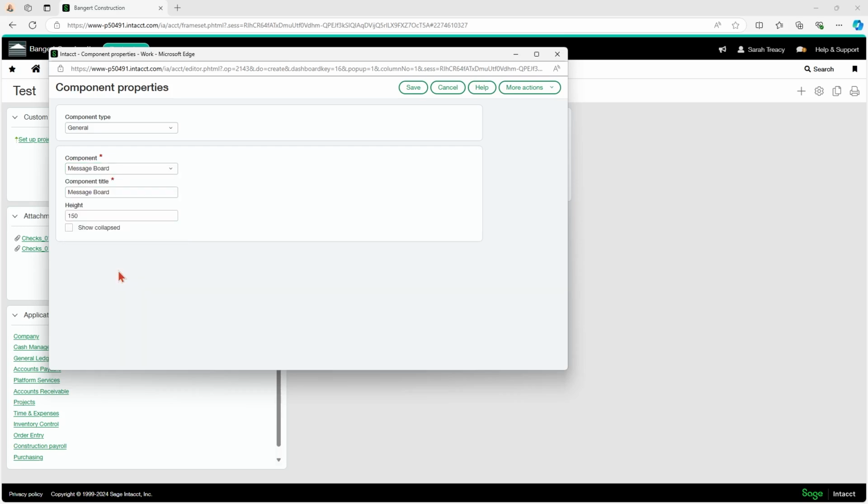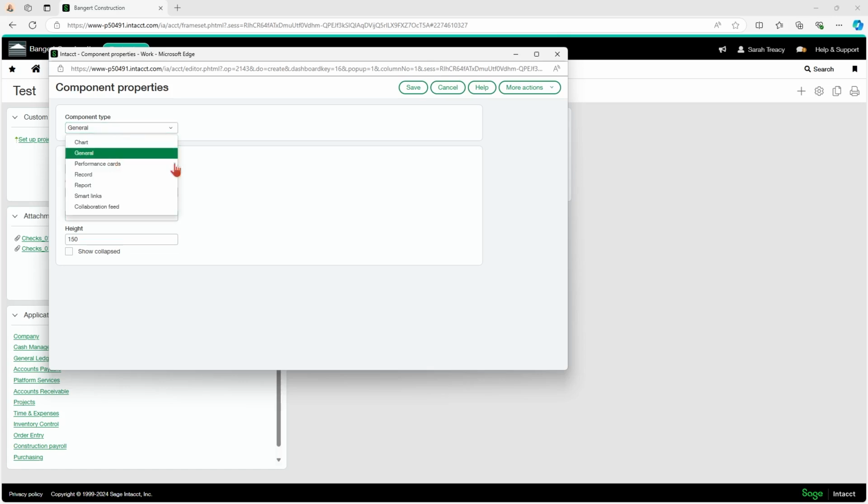And then message board just shows system messages from your administrator. So once an administrator puts a message on the board, it would show up. And I'm not going to have any, so I'm not even going to show you that. New features then is literally just on your homepage where you see the new features that are released by Sage. It's that exact same thing, which most people would not want on their dashboard, I don't think anyway. News and events enables you to put in a URL from whatever news source that you would like to get your news from, and literally have it on your dashboard.